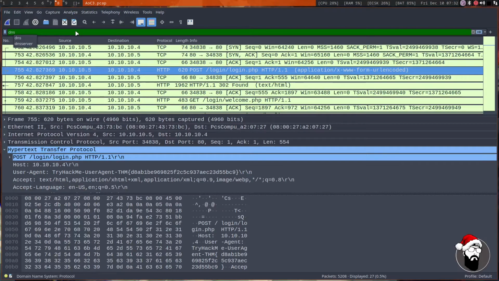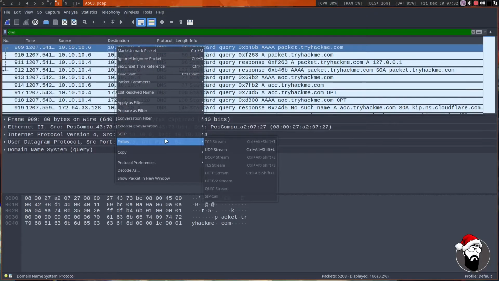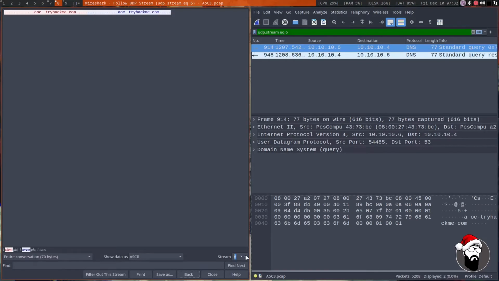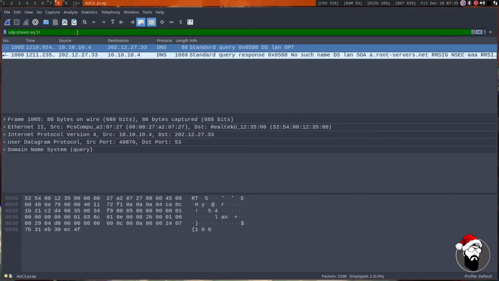And we can simply just type DNS. And let's go ahead and right click and follow the UDP stream. That's not going to be it. Down here we have a stream number, and there's 86 total streams. We can also just cycle through these streams by clicking the arrows. And so instead of going through all of this, let's close this out, and let's do